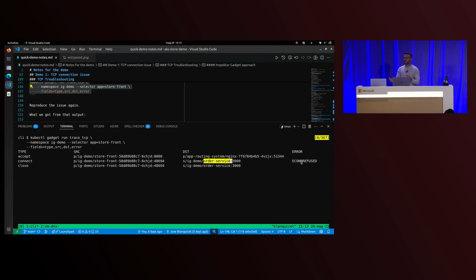Look at how different and clear the output is. We have the service receiving the connection, the namespace where it is running, and the pod that performed the connection.